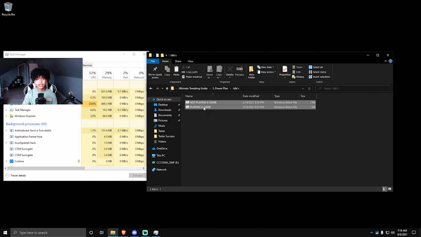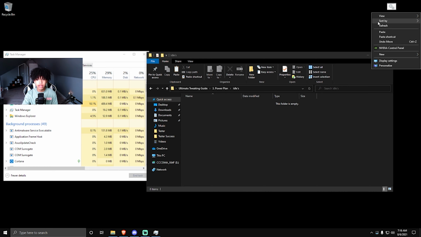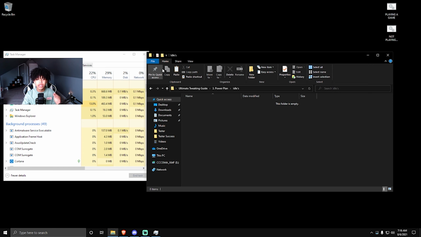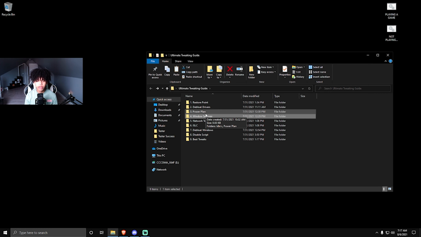But what I would recommend is taking this and dragging it to your desktop. It's pretty self-explanatory. If you're playing a game, right click, run as administrator. If you're not playing a game, right click, run as administrator. This will make your game feel much more smooth. So now that we have officially finished power plan, we're going to be moving on to number 4,